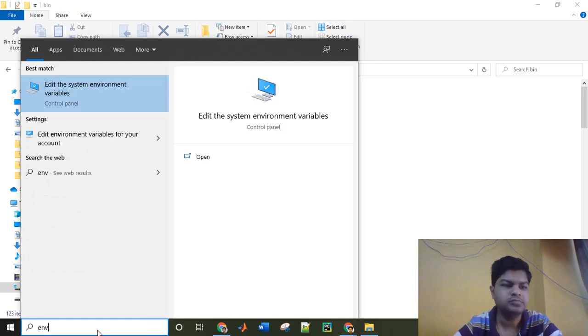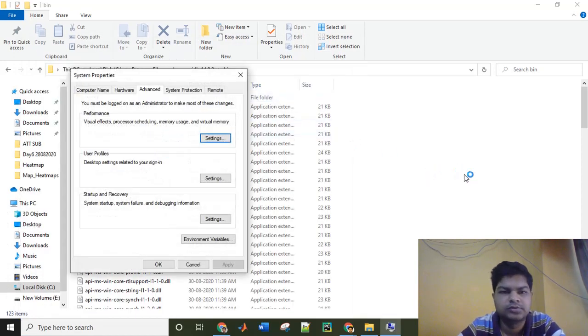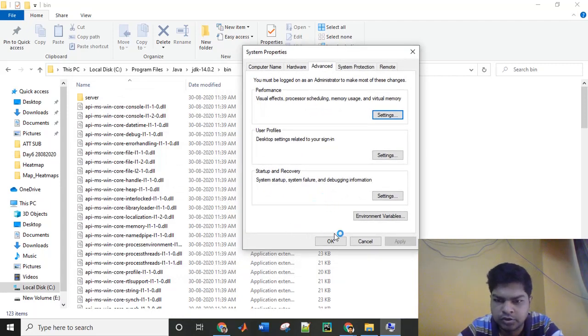Then you will find this option. This is present in our control panel. So click on this and you will find this window, and then go to this menu, environment variables. By default it will be open in this advanced tab.